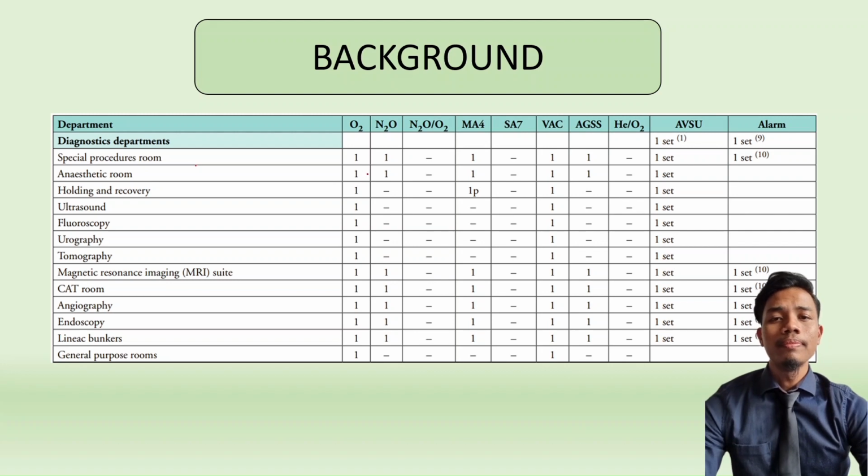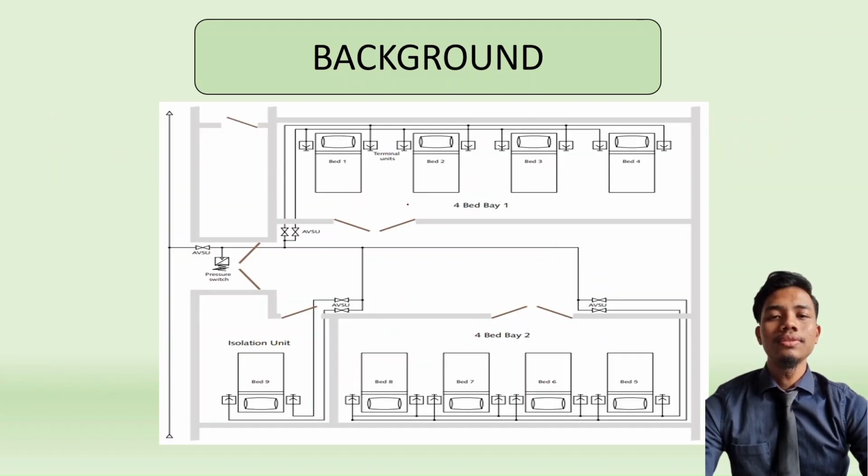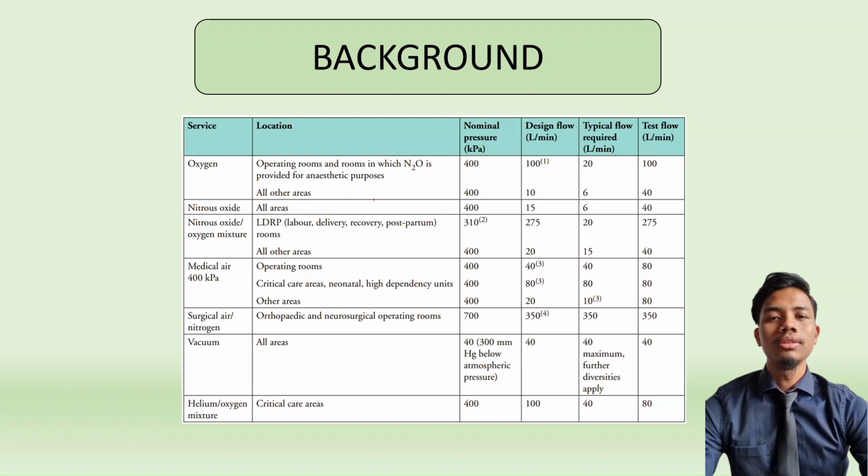As an example, this figure is one of the pieces of information provided in the standard as a guide in designing. It can be seen that the required terminal unit of a specific room has been provided. Then, this figure shows the required number of terminals, which is dependent on the number of beds. Furthermore, this figure shows the information regarding the pressure and flow rate desired for a particular gas in